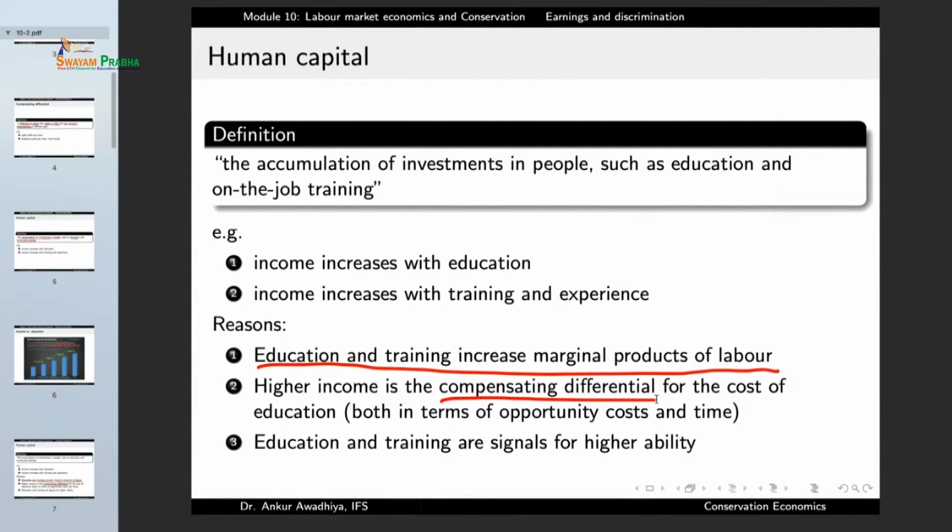So what we are saying here is that the higher income of the people who are educated more is the society's way of compensating them for the troubles that they have taken. Troubles in terms of the opportunity cost. That is, if the person with the higher degree, if he or she had not gone for the higher education, he or she would have been working somewhere. And by working somewhere, they would have been earning some amount of compensation, some amount of payment. Now, to get the higher education, they have to forego this payment. So, there is an opportunity cost that is involved.